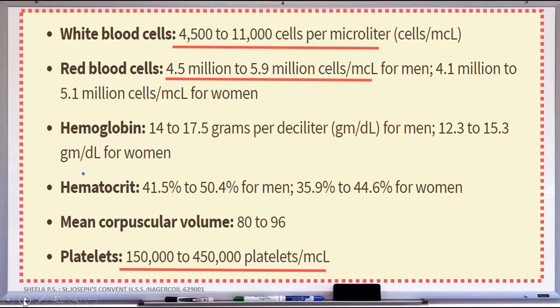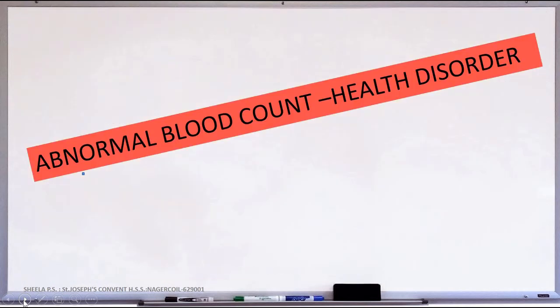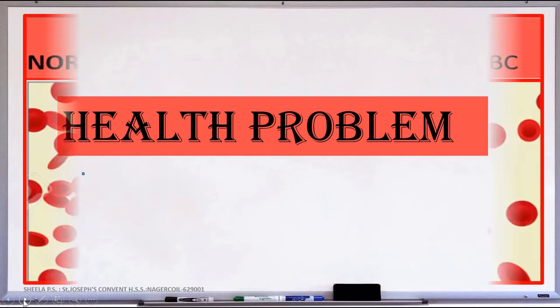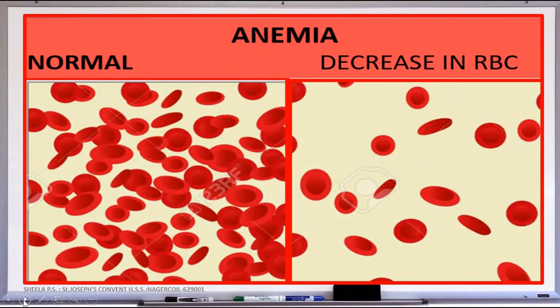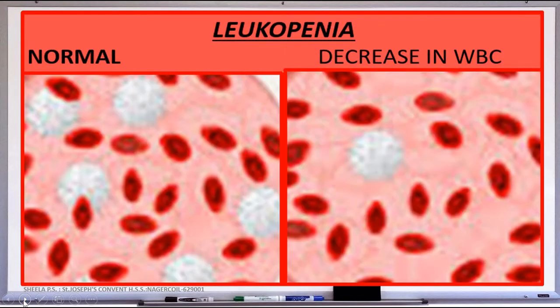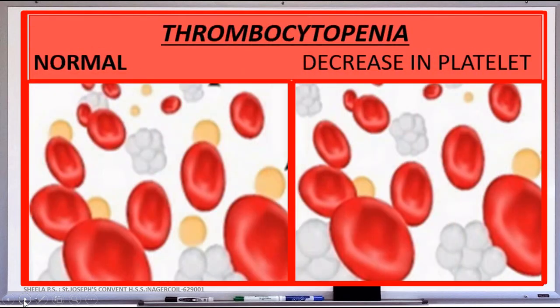These blood elements and fragments are found in specific amounts in a human blood smear. Abnormal amounts of elements and fragments can lead to several symptoms and health problems. Though abnormal blood counts are common and treatable, very rarely they can indicate an immune disorder. For example, decrease in RBC causes anemia. Increase in WBC causes leukocytosis. Decrease in WBC causes leukemia. Decrease in platelets causes thrombocytopenia.